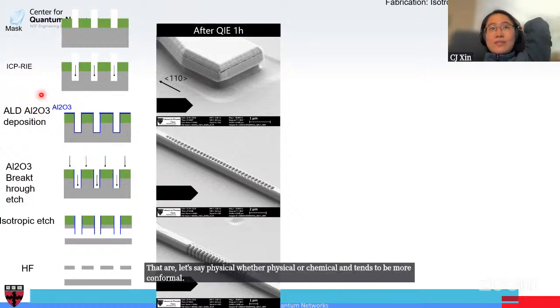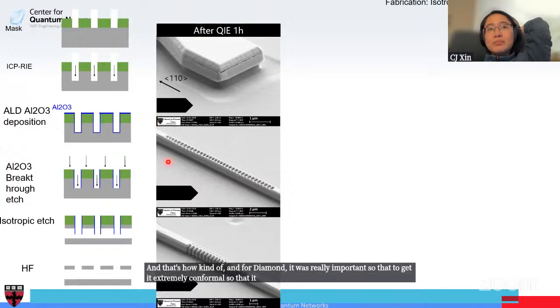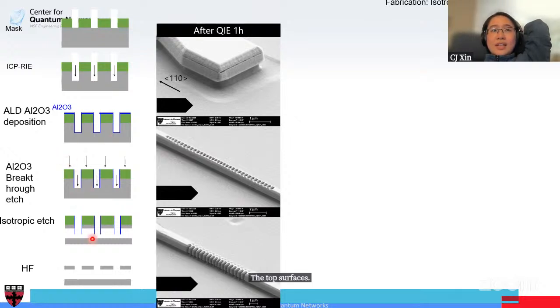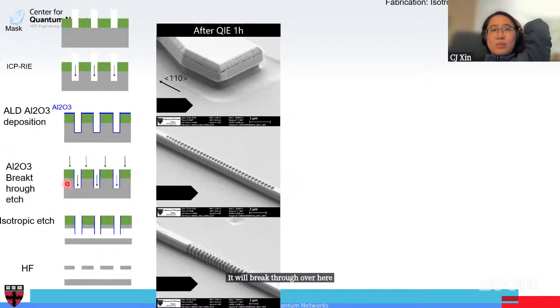And for diamond, it was really important to get it extremely conformal so that it coats all of the sidewalls. Then by making use of a very anisotropic etch, you selectively just break through the top surfaces. And then you do an isotropic etch. So this is the process for the isotropic etch. You dunk it in an isotropic etch, and then it'll undercut from this surface down, and then it'll break through over here,